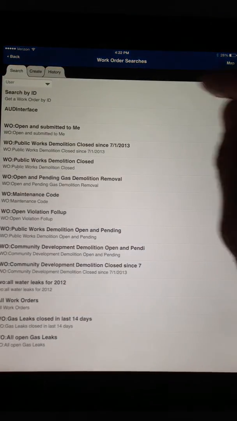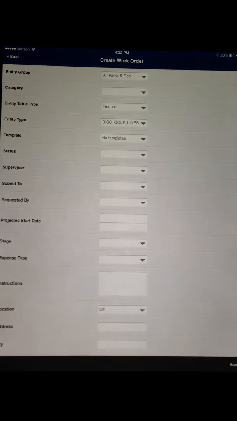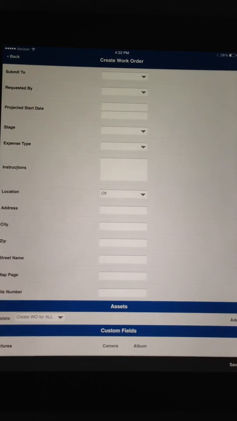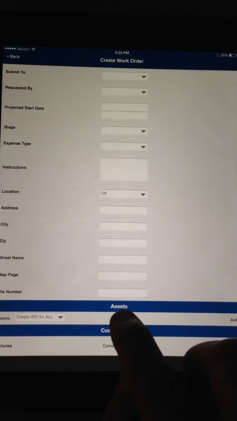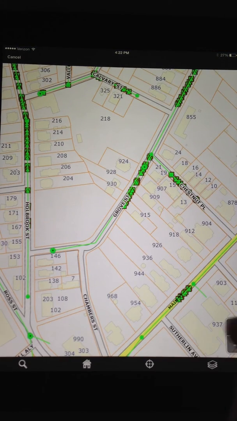And if I just want to create a work order, I'm outside, I see something needs repair, hit create up here. And once again, you can create a work order just like we did with that child work order. One thing I'll show you here is how to attach it to an asset. So let's hit under assets. I created this new work order. I see a fire hydrant that's broken, leaking. So let's go ahead and hit add